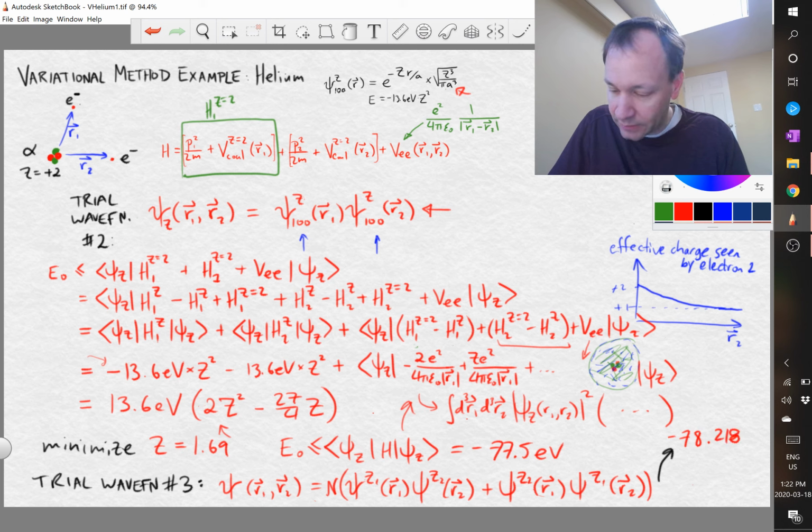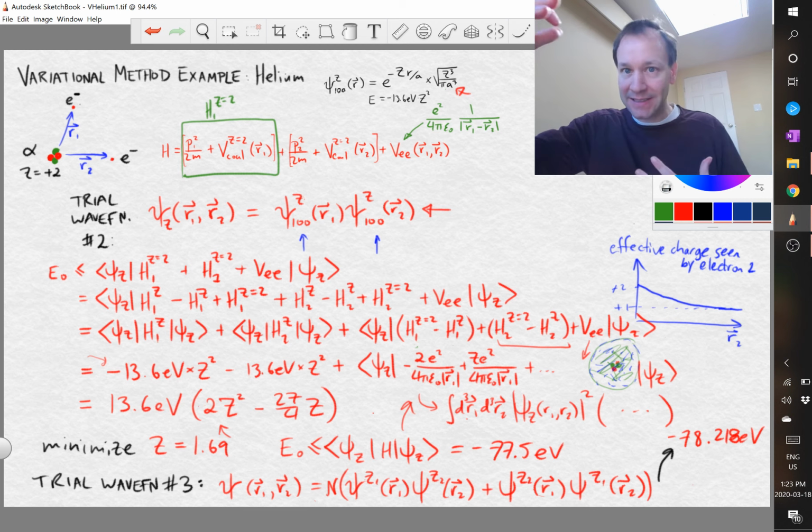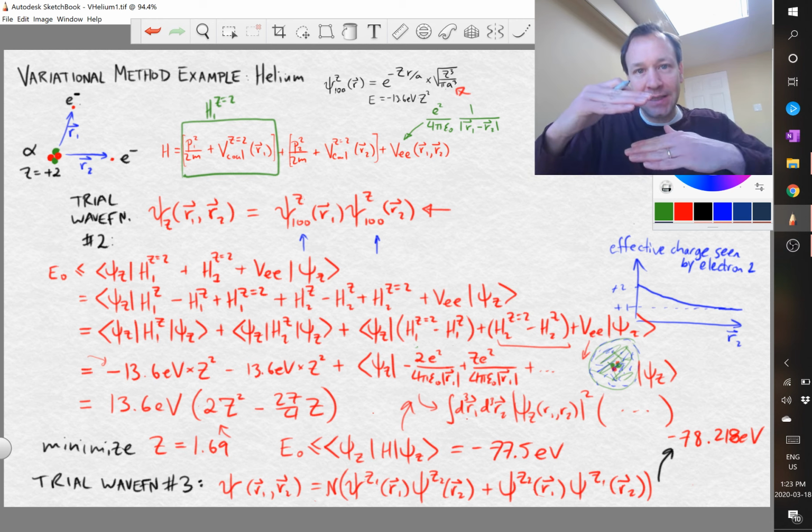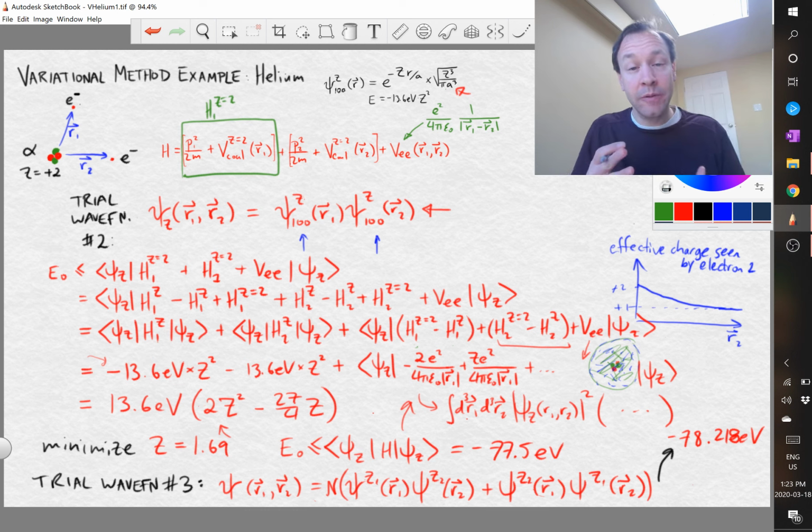78.218 electron volts. Okay, and so finally you might be wondering, what is the real answer? How close are we getting? So we had a 0 parameter guess that gave us minus 75 electron volts. We had a 1 parameter guess that gave us minus 77.5 electron volts. And then we had this 2 parameter guess that gave us minus 78.218. And so our improvements are getting smaller and smaller, and we might think we're getting relatively close. Okay, and so it turns out the experimental answer